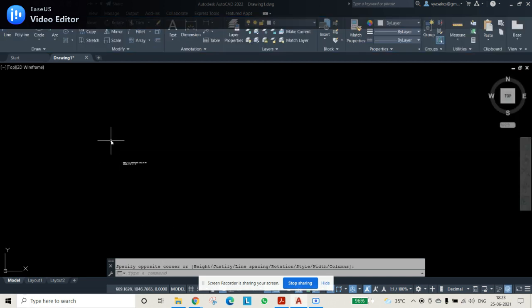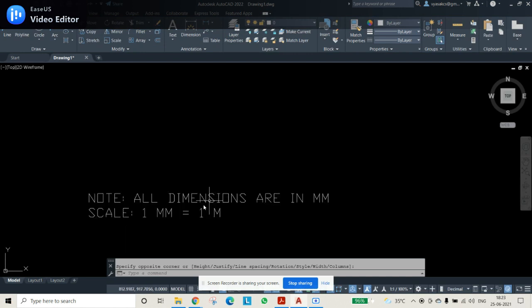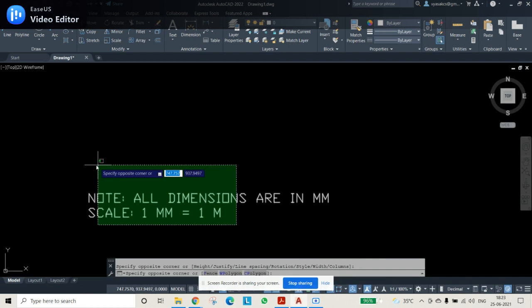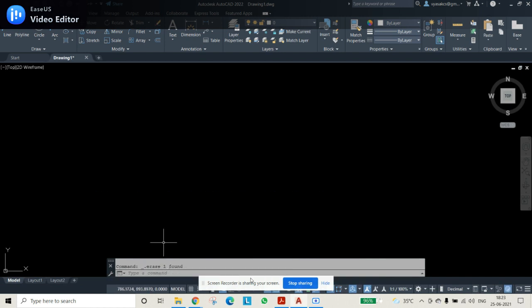In this way, if you write it, the meaning is that each unit in the diagram is around 1 meter. So in this way also you can do. Whatever it is, it is correct.